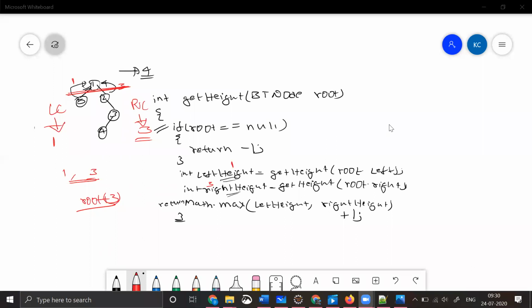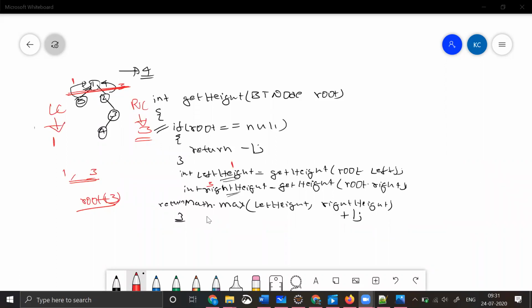Cool. So where we had left off: root is asking the left subtree's height, and root is asking the right subtree's height. The left subtree says my height is 1, and the right subtree says my height is 3. Eventually, I should calculate the height of my tree. I do not care if the left child has less height and the right has more height. I'll take the greater height and then add myself, which is root, and only then I'll return, right?